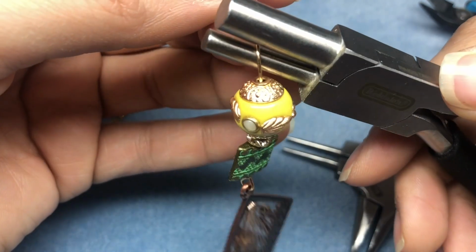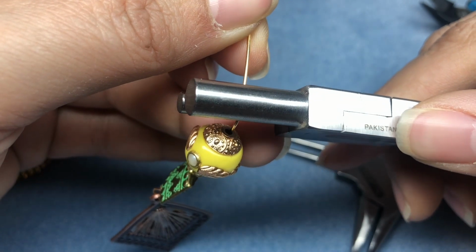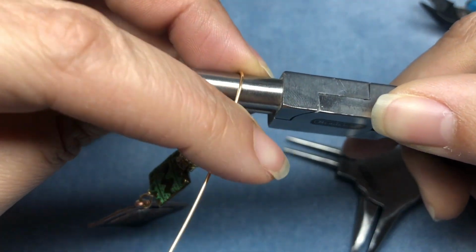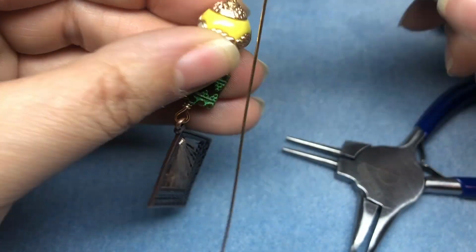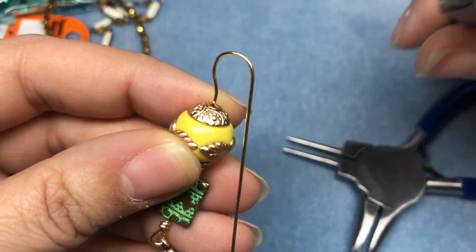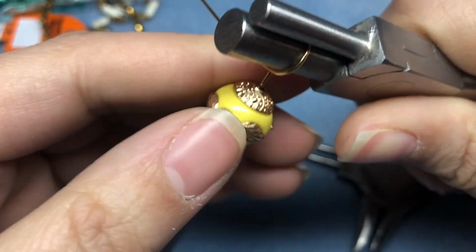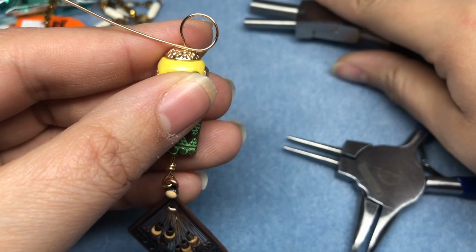So I'm going to reposition so the smaller mandrel is in the curve that I just made. Then I'm going to bring it back around the larger mandrel. Just like that. So we have quite a large loop. I'll stick it back in there, and then I'm going to wire wrap it back around the bottom of the